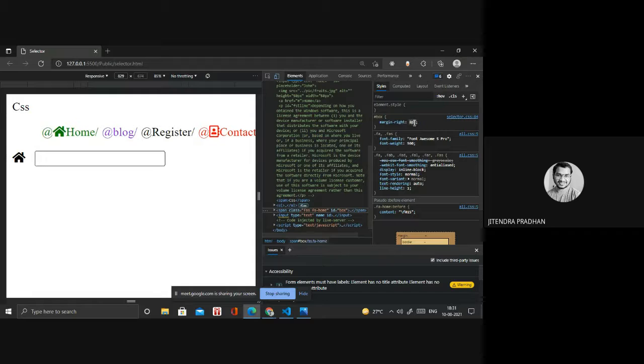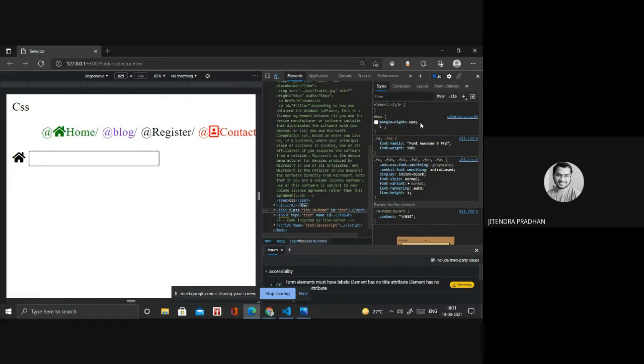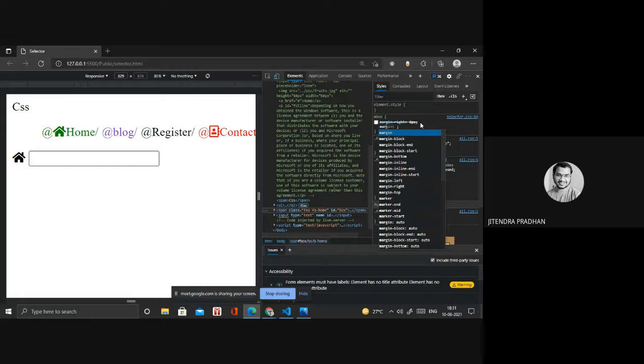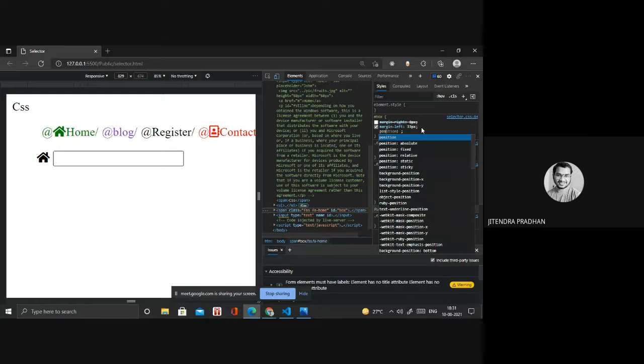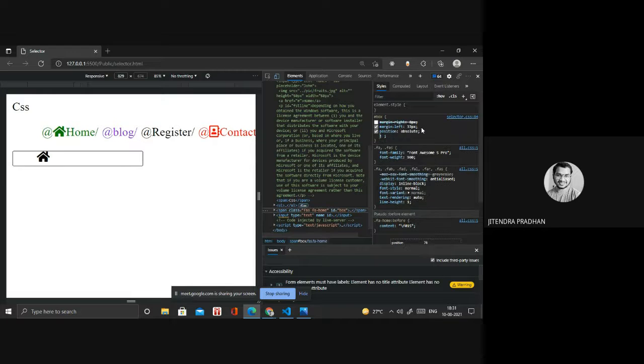If I increase that one, okay. If I give margin right for one, let's see, margin left 10 pixel. Okay, so I need position absolute. Okay, done.